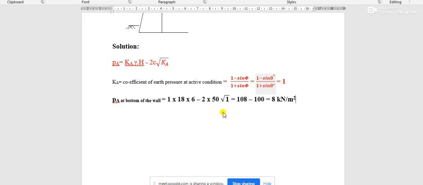Now the difference of this problem from the previous problem is, sorry, PA at top of the wall. That means active earth pressure at top of the wall is equals to, the equation is same,